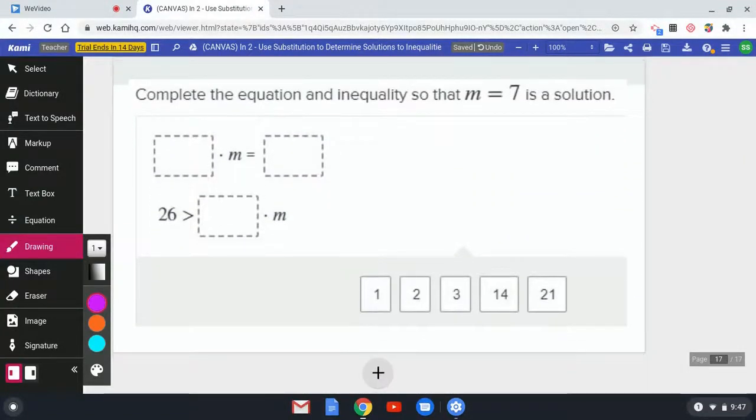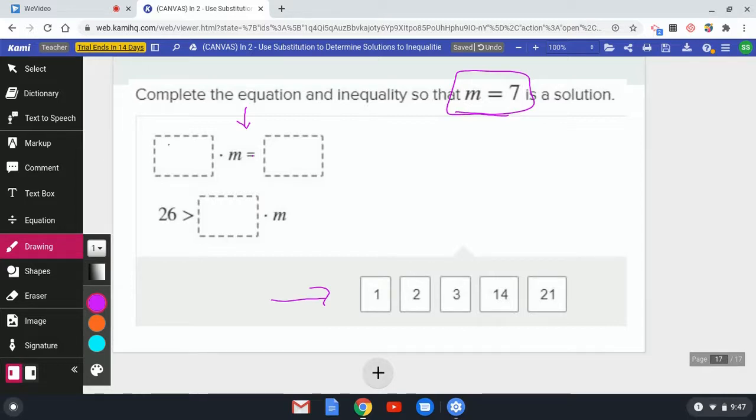Okay, so let's talk through this one together. We want to substitute m in to make it true. So here, this one's different. This one says complete an equation and an inequality. Remember, equations only have one thing that make them true. So let's look down here. What 2 numbers, when I multiply and use 7, will work? The only thing that would work here is